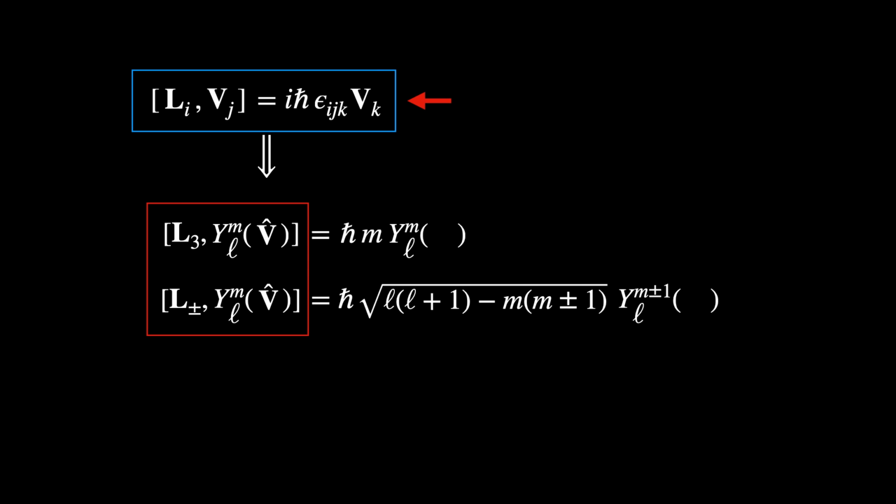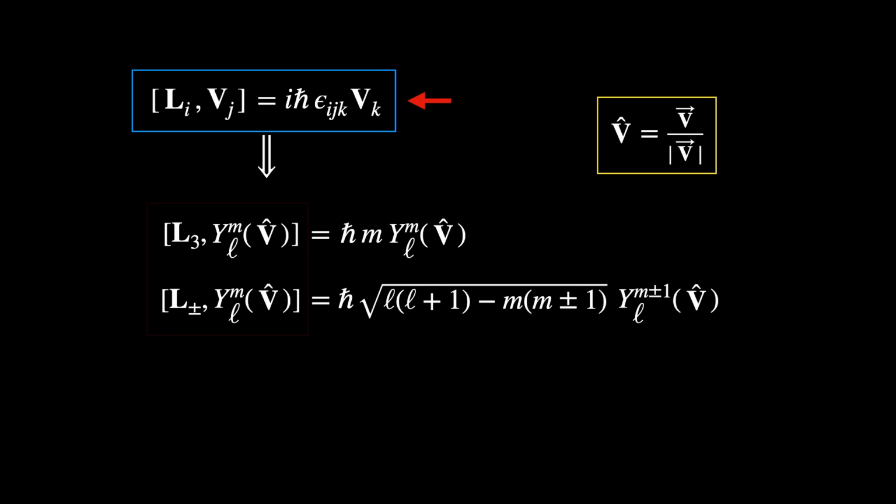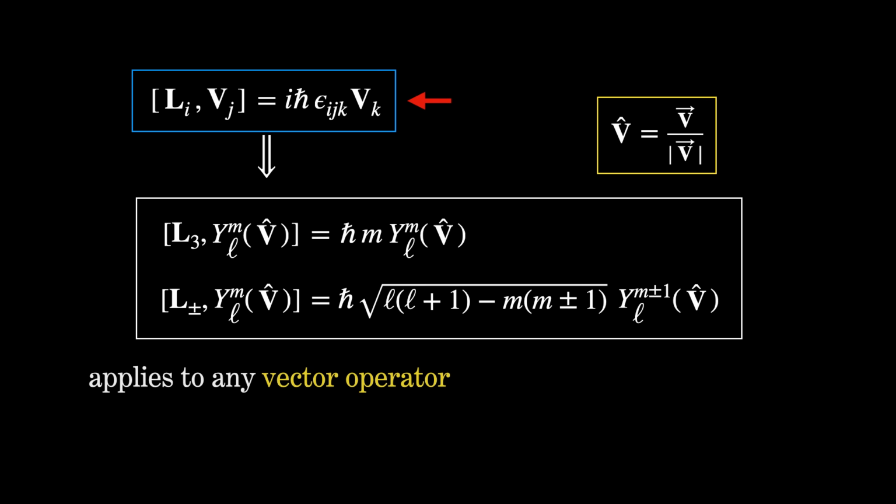So the result on the right-hand side will simply be the same expressions as before, but with x replaced by v. Thus any vector operator which satisfies the relation in the blue box will automatically satisfy the relations in the white box, which is to say that substituting any vector operator into the spherical harmonics YLM will give a spin L